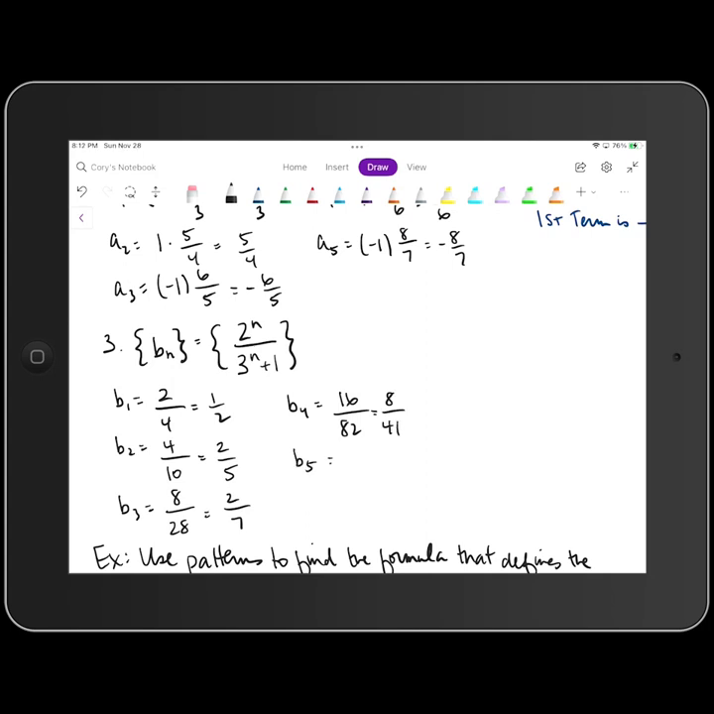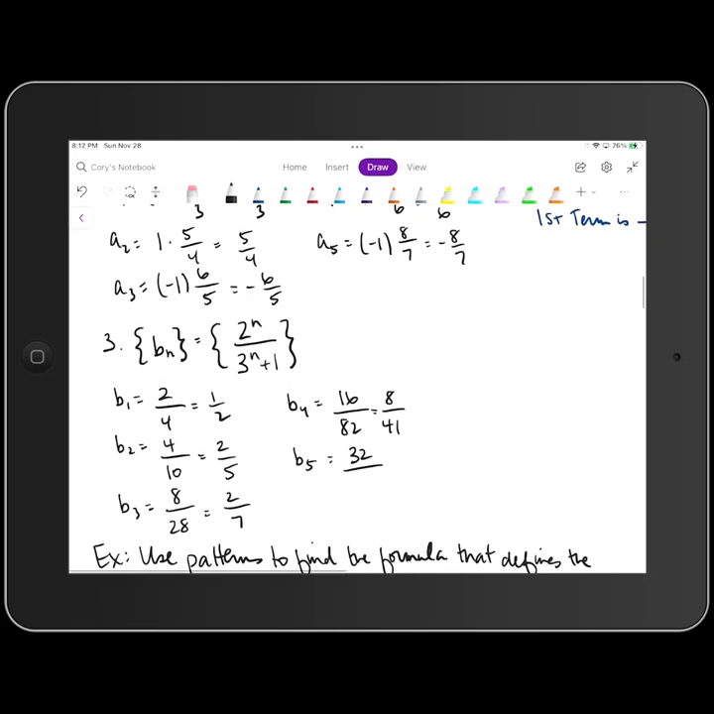And our fifth term, b sub 5, would be 2 to the fifth power, which is 32, over 3 to the fifth power, which is 243, plus 1. It's 243 plus 1, which is 244. And then both 32 and 244 are divisible by 4. 32, when we divide 4 into that, goes in 8 times. And 244, when we divide 4 into that,